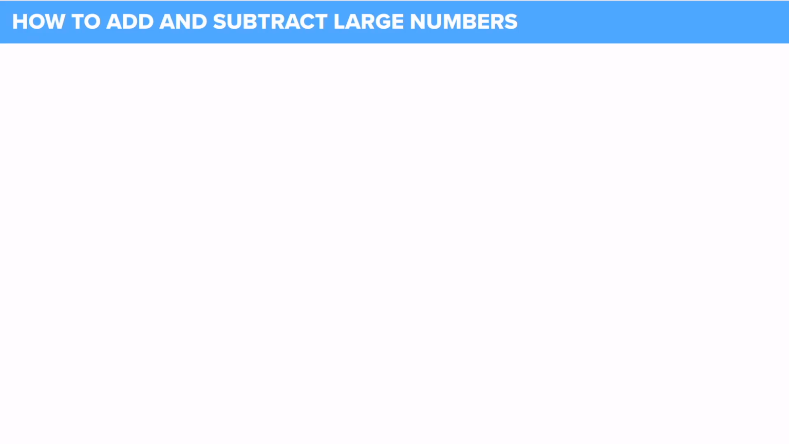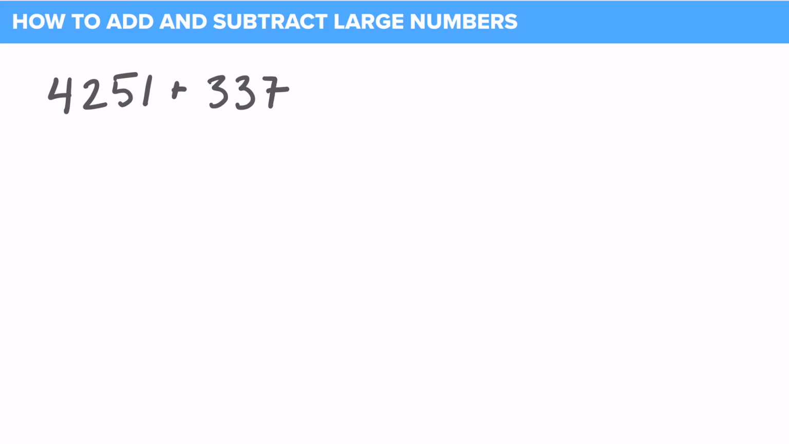Let's talk about adding and subtracting large numbers. The reality is if you can add small numbers or you can subtract small numbers, you can do it to big numbers. But let's start off with an example. Let's say I wanted to add 4,251 plus